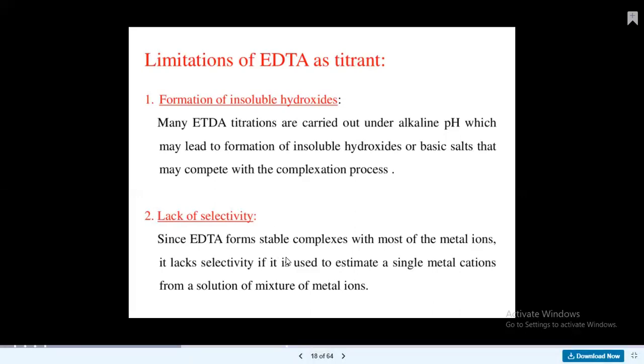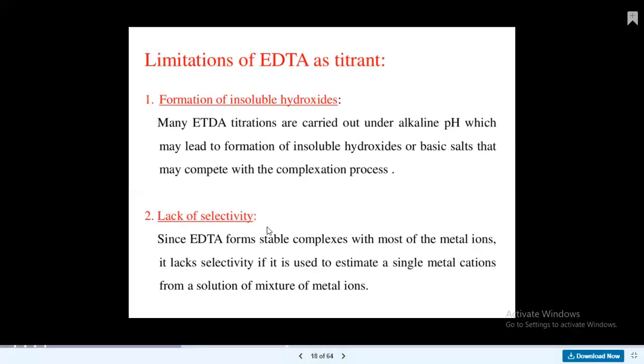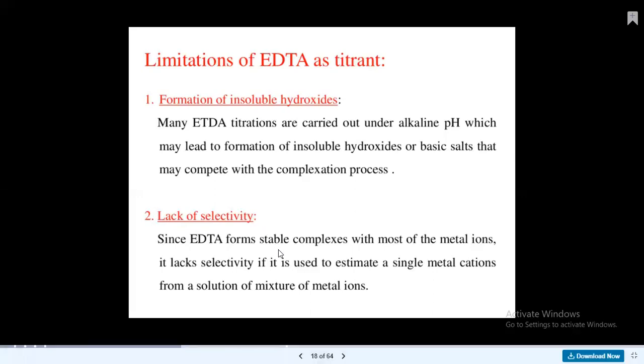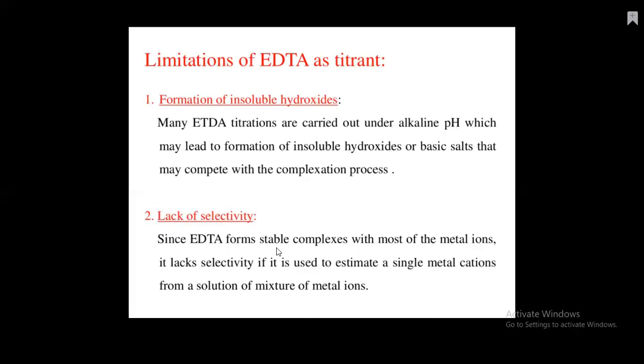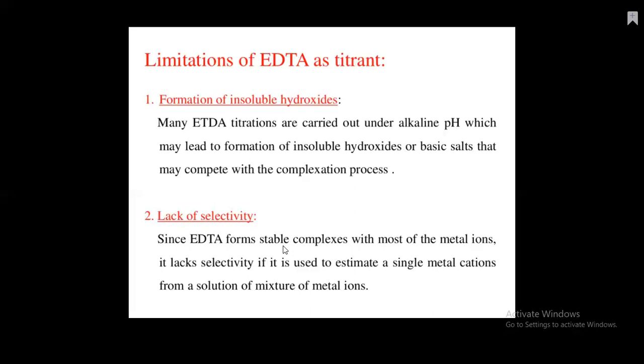For example, in a solution that contains iron, copper, or calcium, EDTA can at the same time form complexes with the monodentate or bidentate ones. But we can make it very selective by changing the pH. By changing the pH, it makes a stable complex with different metal ions. As we know, at alkaline pH it only makes a very stable complex with bidentate